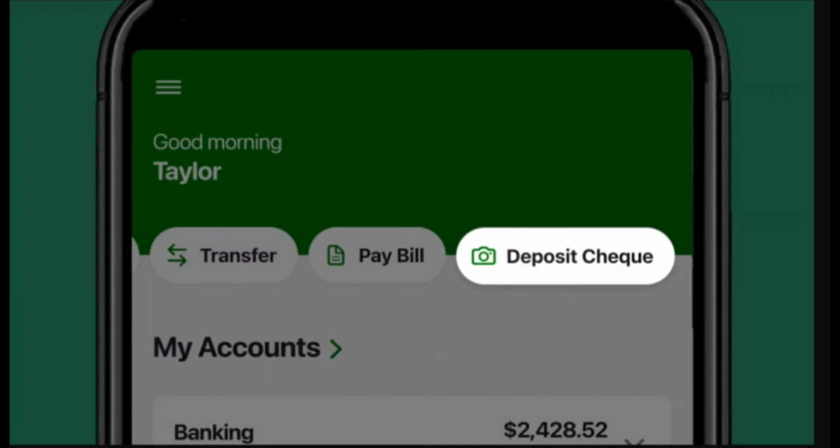Hey everyone, welcome to another tutorial where I'm going to show you how you can deposit a check on your phone with TD Bank. So make sure you watch till the very end to understand the entire process step by step and don't